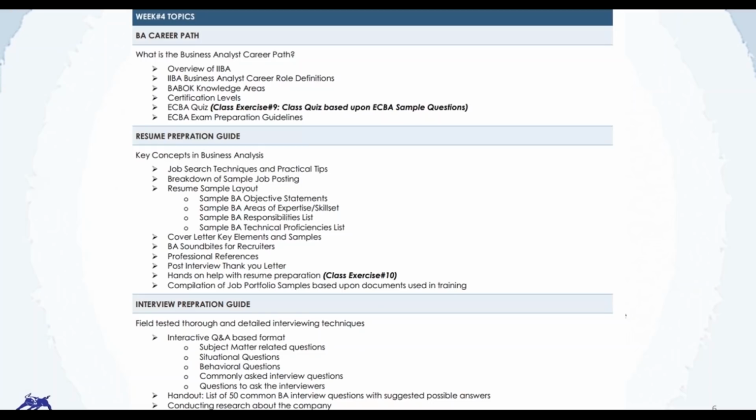We also have a comprehensive interview preparation guide. Based on the students who have walked in your shoes before, we have field tested quite a few questions and their suggested answers that are typically asked in the interview, the typical format, situational questions, behavioral questions, commonly asked interview questions, and their suggested answers. So this entire document is given to you, as well as we go over some of these common questions in the class. How to conduct research about a company, workforce preparation, readiness assessment, and towards the end,